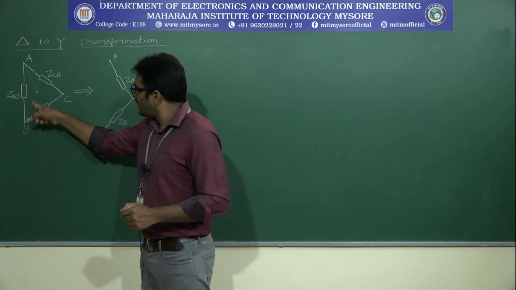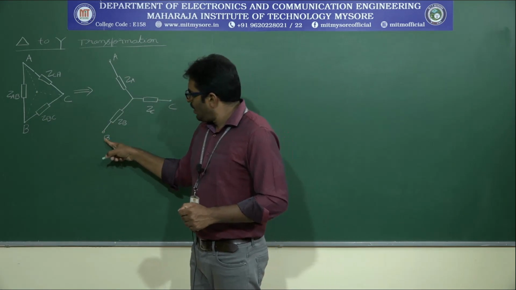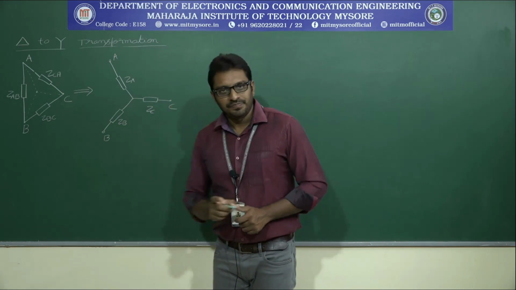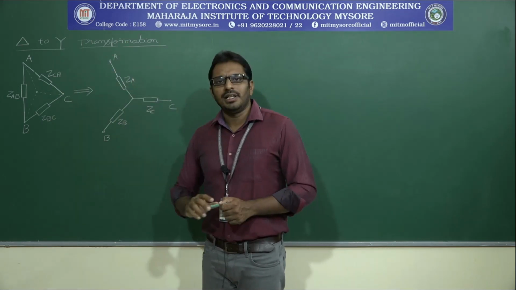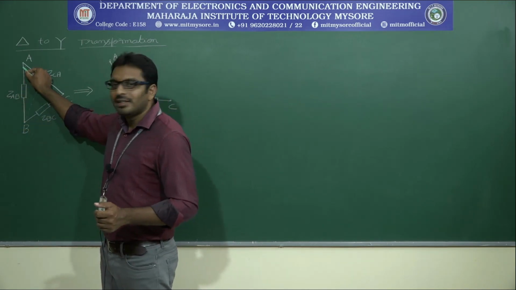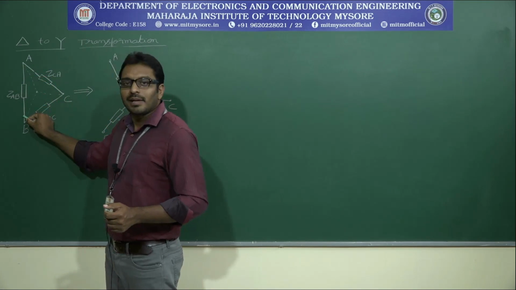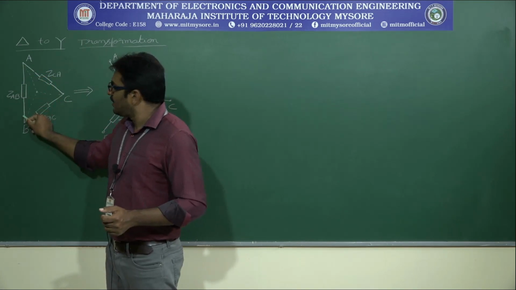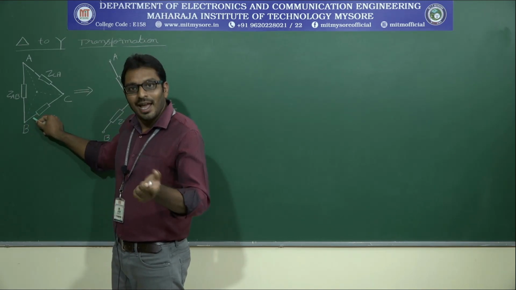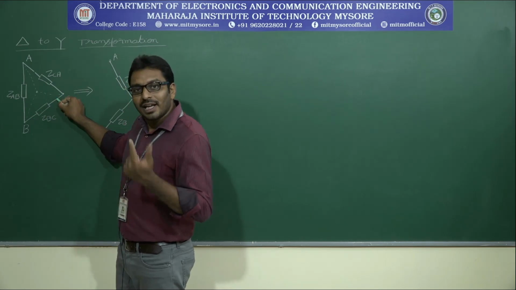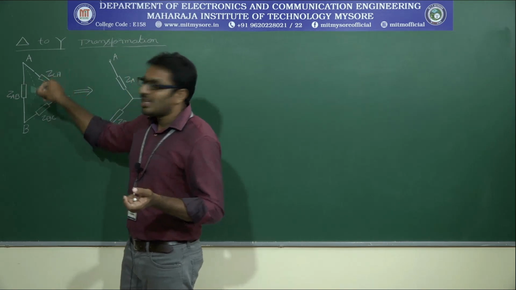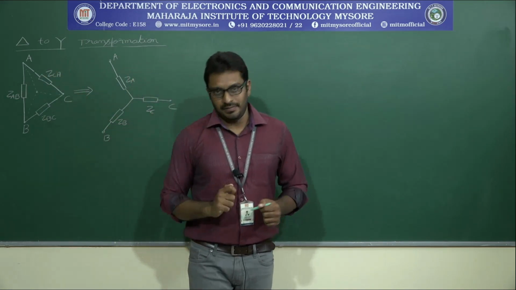That is why we name it ZA. Similarly, what is this impedance? ZB, connected to B, and the other impedance is ZC, connected to C. See, in delta connection, we can consider one end as a start terminal and the other as an end terminal of ZAB. The end terminal is connected to the start terminal of the second impedance. And again, the end terminal of the second impedance is connected to the start terminal of the third impedance.